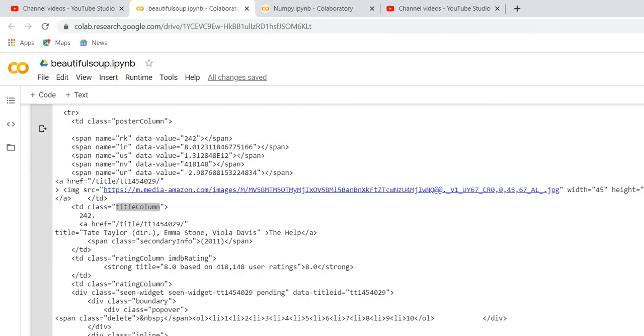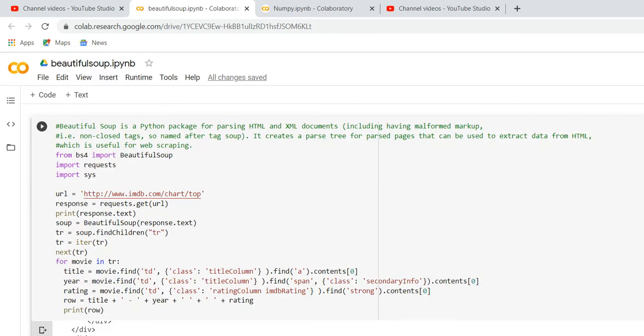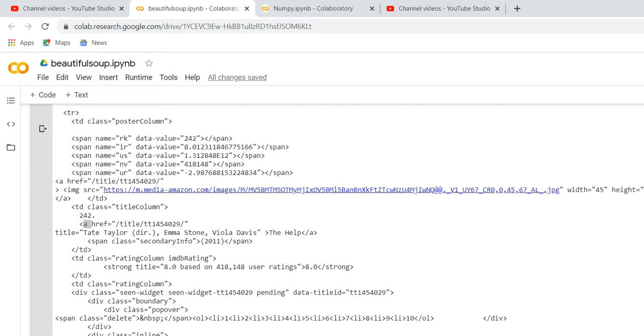Inside that I'm finding A. Here you can see I'm finding A with the contents of 0. So this is all my TD inside the title column. My TD class has title column and I am finding A with the values.